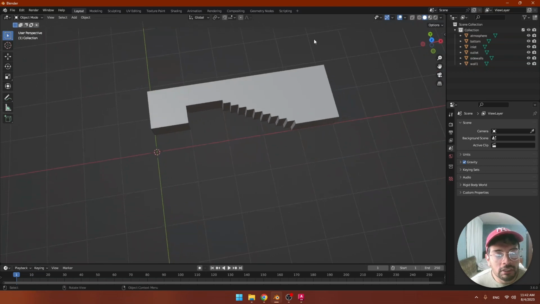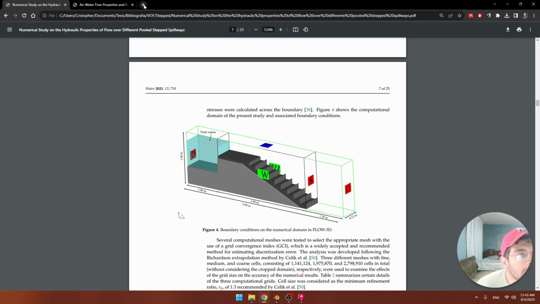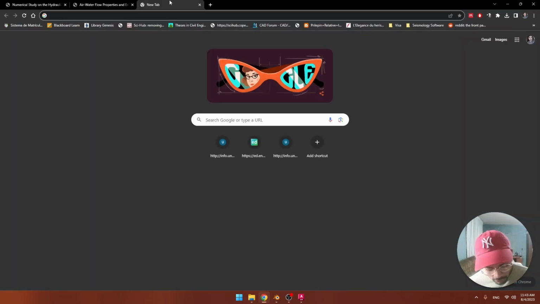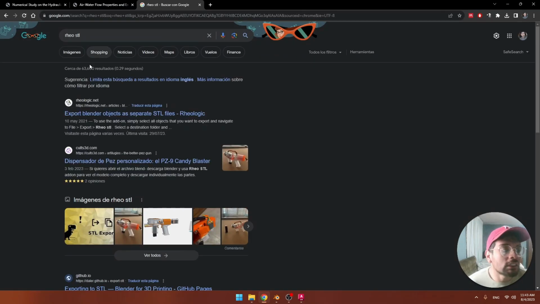So we need to take this STL and export it in a way that OpenFOAM can read these names, because these names are going to be our patches, our boundaries. So I suggest you go to your navigator and search for this plugin, Rio STL, and in